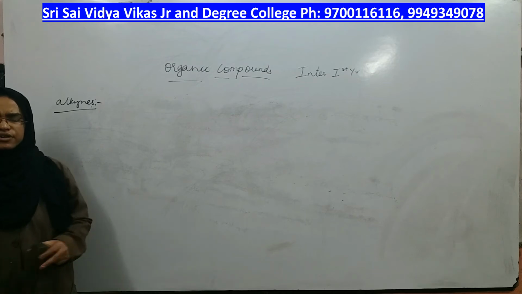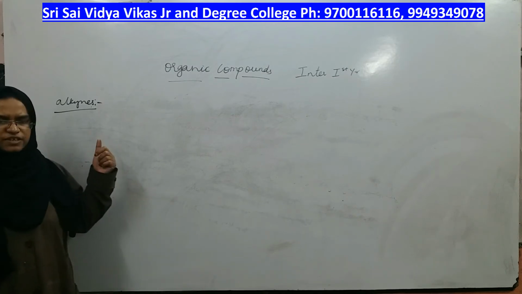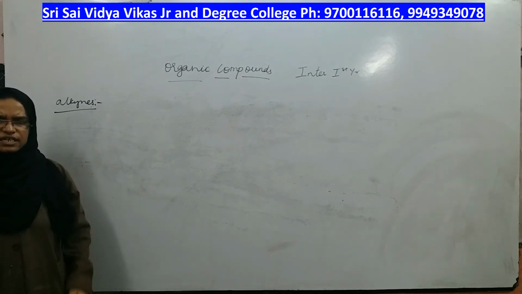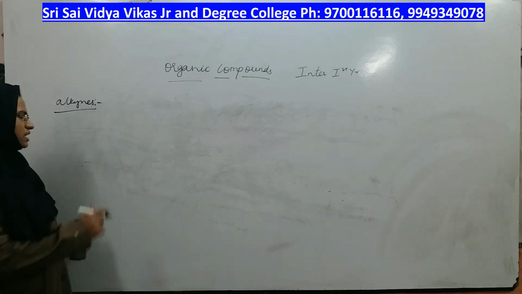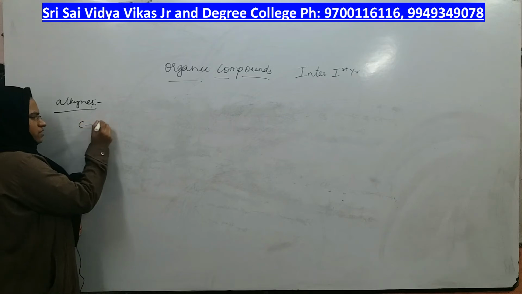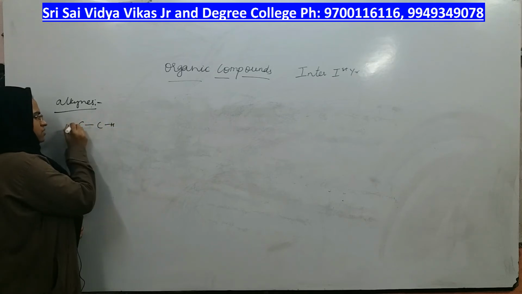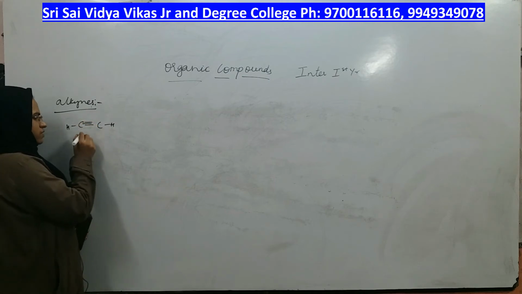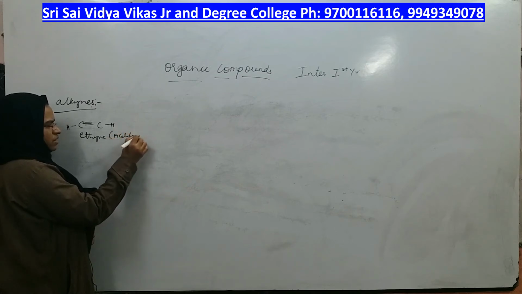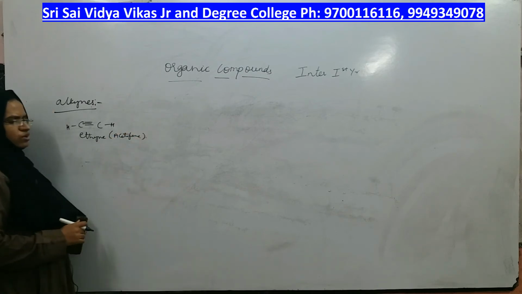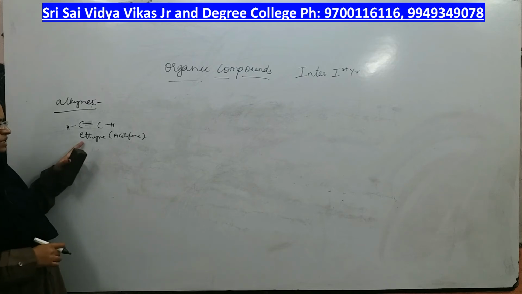Now the next hydrocarbon is alkynes. We have already finished alkanes and alkenes. Now we will move on to alkynes. What is the simplest alkyne I can take? With 2 carbons, right? With 2 carbons, the simplest alkyne is this. What is the name of this alkyne? Ethyne. The common name of ethyne is acetylene. But let us consider the IUPAC name only throughout, right? This is the simplest alkyne.